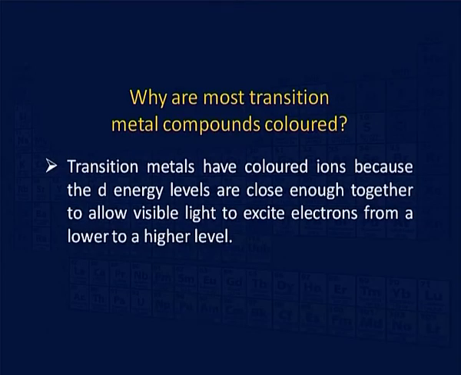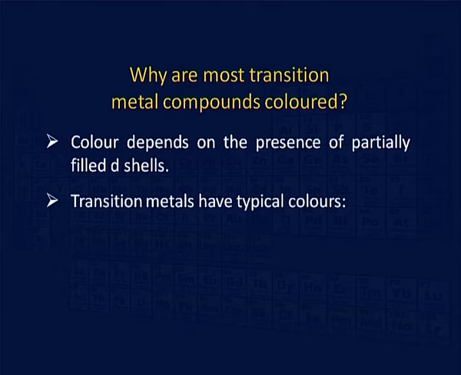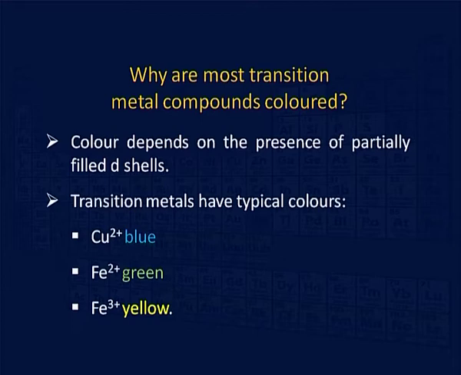So, why are most of the transition metal compounds colored? Transition metals have colored ions because the d energy levels are close enough together to allow visible light to excite an electron from a lower to a higher level. But still, the theory is not very simple. The color depends on the presence of partially filled d shells, and that is why transition metals have typical colors. Copper is blue, iron is green and Fe is yellow because all have a partially filled d orbital,